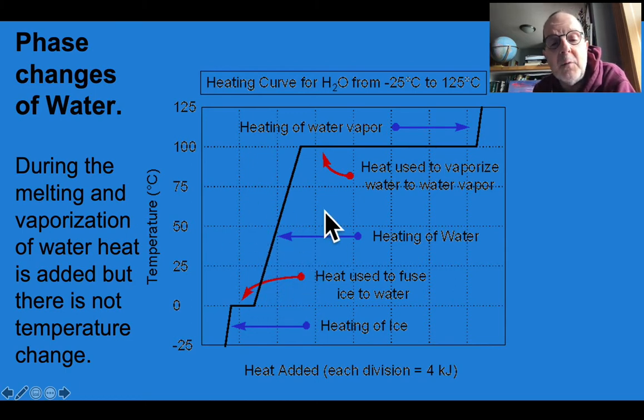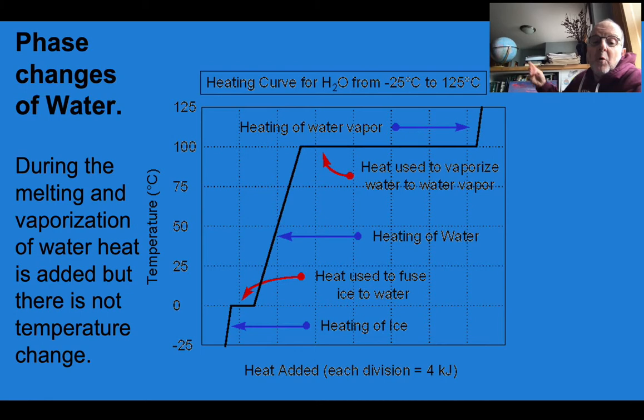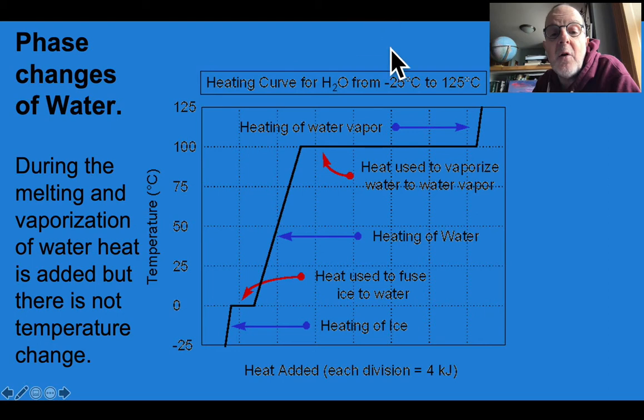Now we have only liquid water, and we keep adding heat, but you can see the amount of heat has not changed that much, getting up to 100 degrees centigrade, where we have to pour in a considerably larger amount of heat in order to get all of that water to vaporize to a gas. 4, 8, 12, 16, whereas 4 times as much heat up here to get rid of that liquid and turn it into a gas. And then, of course, once it's vaporized, heat can be added, but the temperature won't go